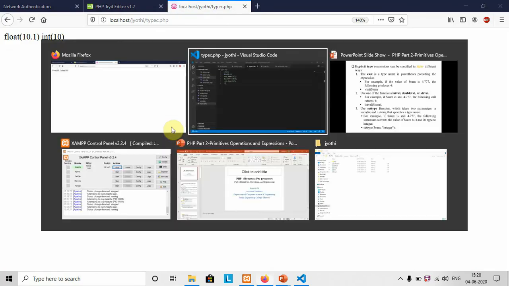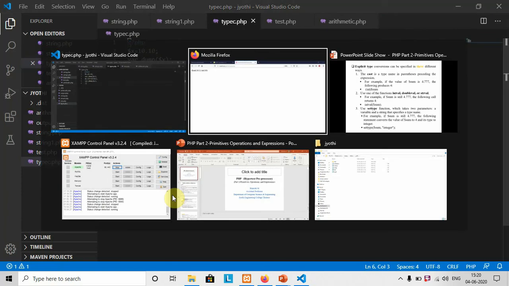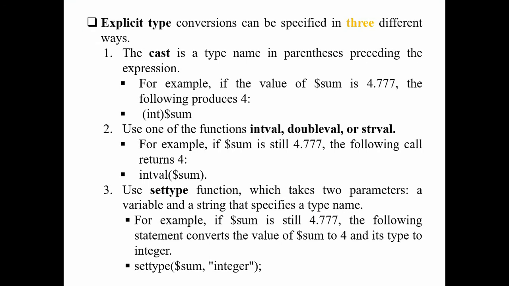And of course we can convert to any other type also. For example, we can convert into a string here with strval. The x is actually a double variable, so we are converting that double, that is float, into a string. You can execute this code and you will get the output. You can see that originally it is float, that is double, and then it is converted to string. This value is 10.1. So this is the method of explicit type conversion by using functions.